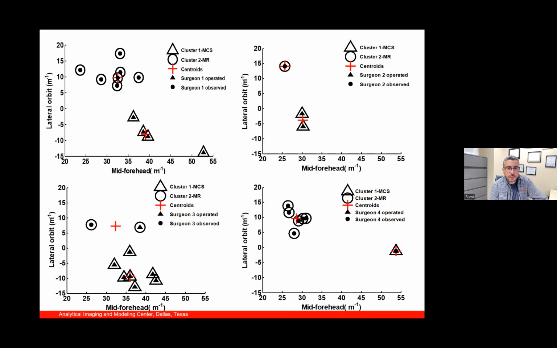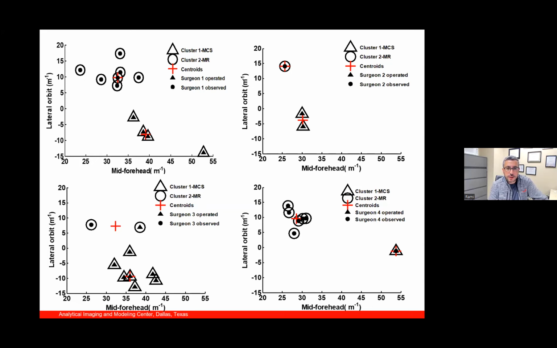So these are four surgeons that we had in our department who operated on different patients. And every graph shows their patients, the ones that they operated on versus the ones they didn't operate on. And you can see here that this feature that I chose, which is curvature analysis, does separate the data into benign metopic ridge and metopic craniosynostosis.